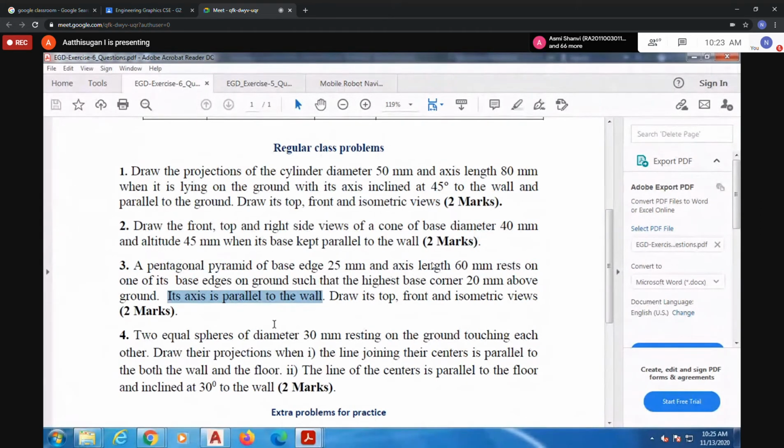How to start the third question? I'll try it, because the 20 mm above and all may not come out correct. I'll try how to do the 20 mm above and all. Okay. Start from which view? Top view. In the top view the axis is parallel to the wall, perpendicular to the wall. Axis is parallel to the wall. Okay, so the top view has to